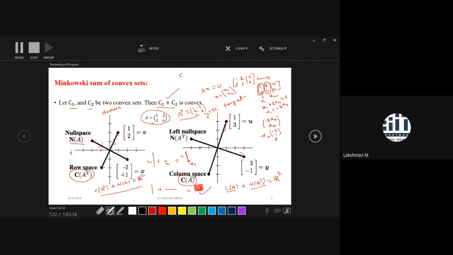Similarly, there are many various ways. If you take a slant line, then you will get a different kind of structure, or a triangle kind of structure. You can do a lot of practice to find the Minkowski sum of different sets. And what is happening here? You remember that a line segment is always a convex set, and this horizontal line is also a convex set. The resultant is a closed square, which is again a convex shape. So all three are convex. If you sum two convex structures, the resultant will be a convex structure. That is the criterion of Minkowski sum: it always preserves convexity.